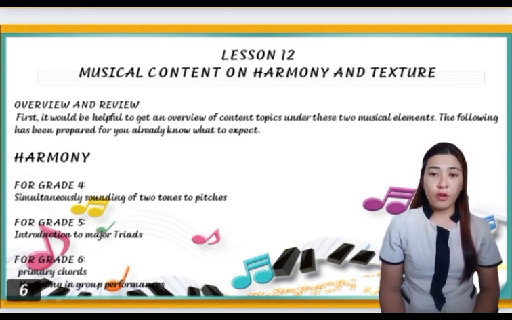For grade 4, the simultaneous sounding of two tones or pitches is a fundamental concept in music known as harmony. In a basic sense, harmony occurs when two or more notes are played or sung together, creating a pleasant or meaningful sound. For grade 5,